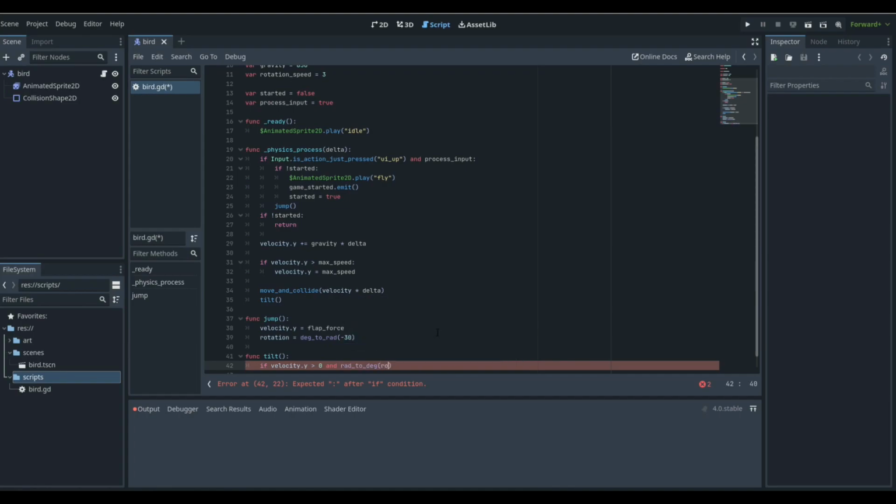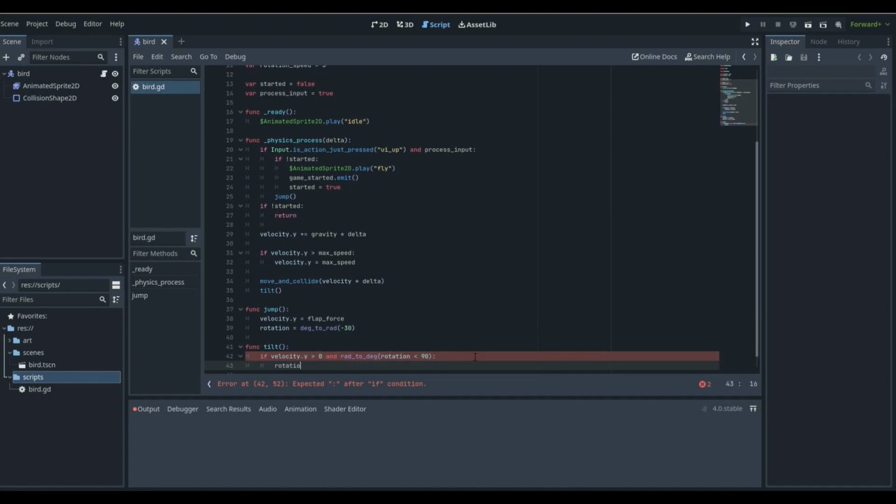If rotation is greater than 90, this means we're not going to be facing directly down, right? Because if we're facing directly down, we do not want to keep rotating in a full circle and start spinning. We want to rotate until we're facing down, then we want to stop and fall head first. So to do that, we'll go in here and we'll say rotation plus equals our rotation speed times